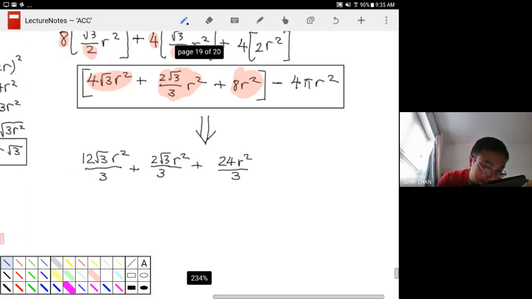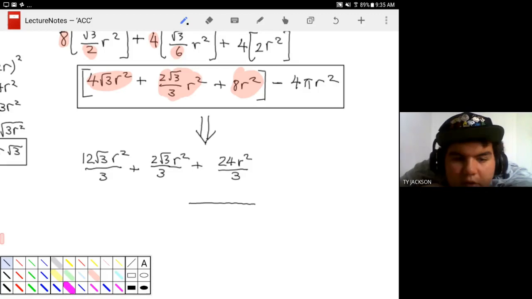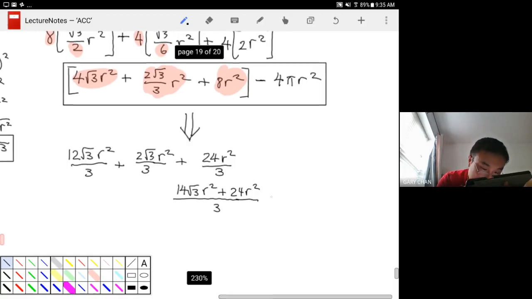And if I look at this, between the first two terms now, or actually all of these, if I were to combine them all together, I'm left with 12 radical 3 and 2 radical 3. What will that give me? That'll be 14 radical 3. That indeed will be 14 radical 3, all over 3, okay? And then minus